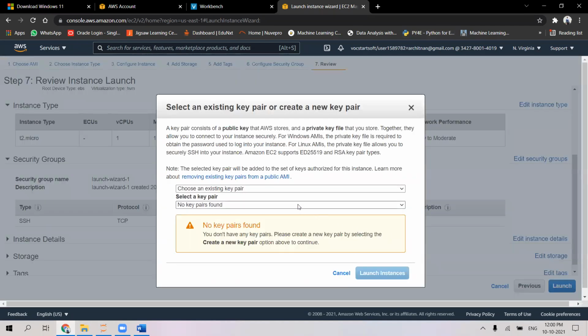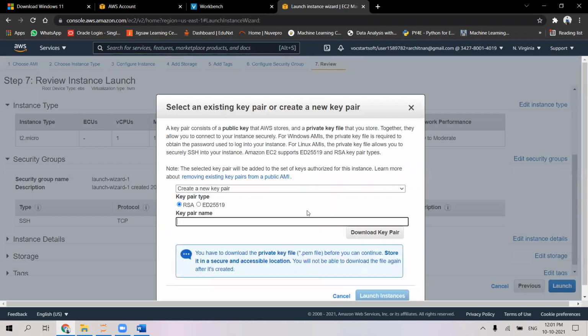In the next step, we don't have any key pairs. So I'm going to create a new key pair. I'll just name it key pair for Elastic IP. This is a very critical step as whenever you are creating an instance, you have to have this key pair associated to the HTTP server that you have to connect it to. Otherwise, you won't be able to access the instance via the internet.